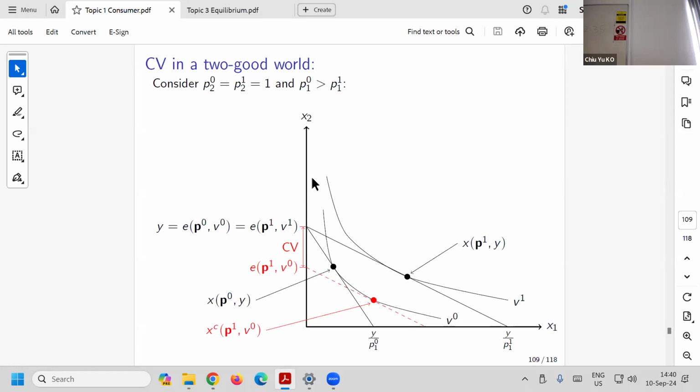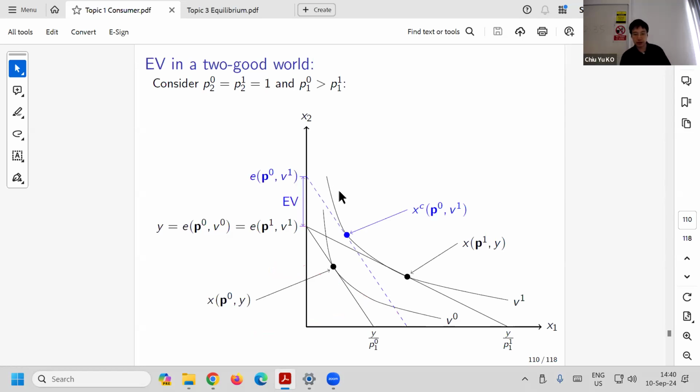Is that clear? This is the CV. It's measuring how much to compensate. If you jump from here to here, how much money do I need to pay you? Okay. Now look at the EV. EV is a little bit